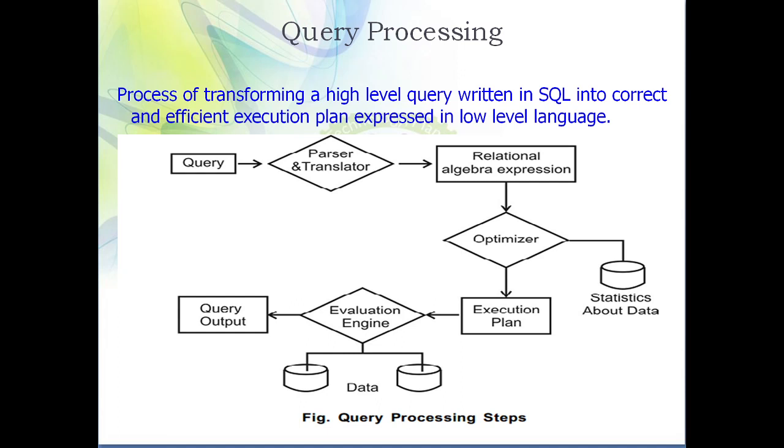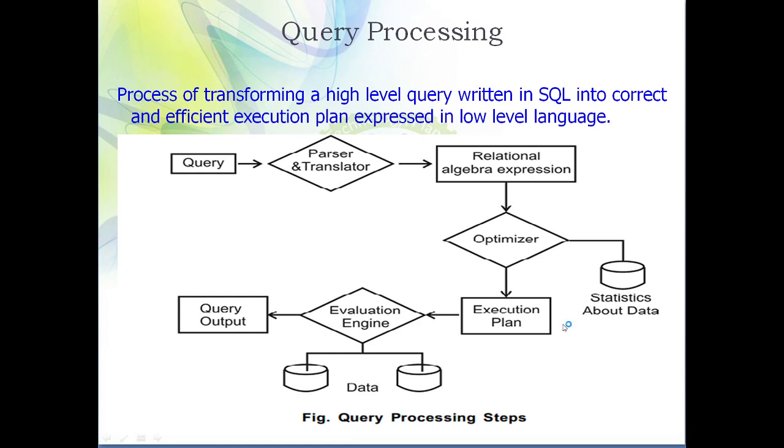So what kind of metadata is being stored over here? Here metadata means, for the account table, how many tuples are present in that table, how many attributes are there, what data types are there, how many users are there. All this information will be stored in the statistics about the data, and that will be given as input to the optimizer, so that the optimizer can take a decision properly, because the optimizer plays a very important role. The optimizer has to select one efficient query plan out of n number of plans.